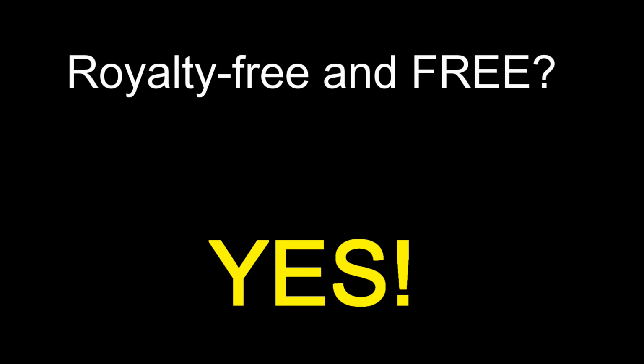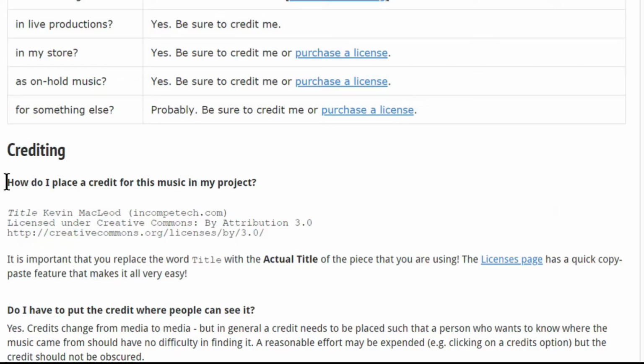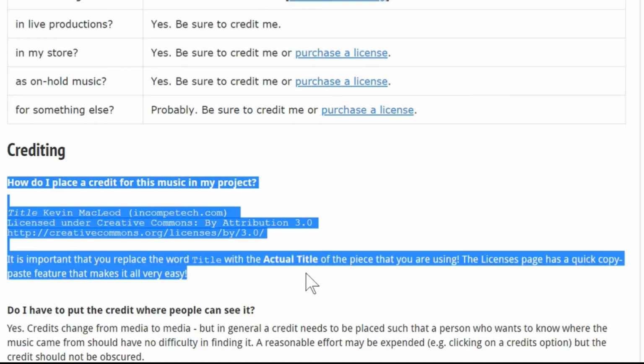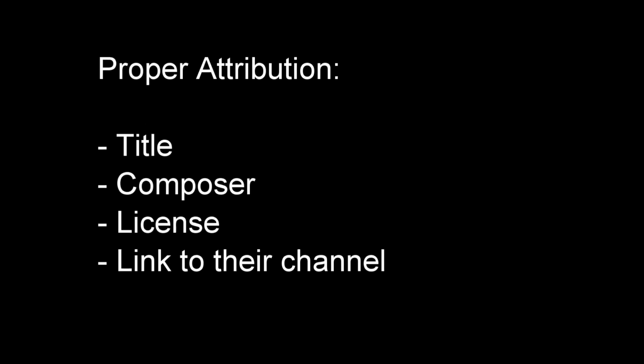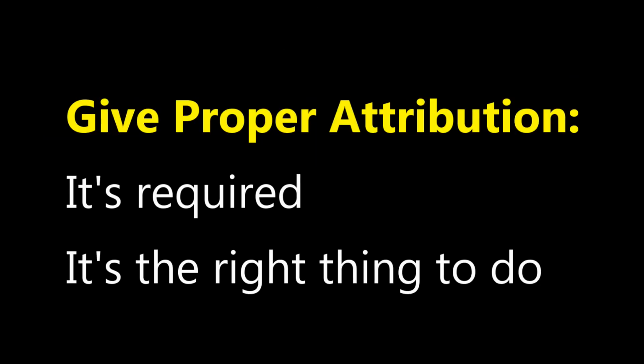Now, why would an artist give away their music like this? The most common reason is that they ask you to give them credit for their music in the description of your video. So, if you use someone's music, you are required to use their name and the name of their song in your video description. This is referred to as giving them attribution. They will normally want you to provide a link back to their website, channel, Facebook account, or some other online presence as well. For this reason, if an artist says you need to provide a link back to them in your video description, be sure you do it. You're giving them the credit they deserve and meeting the licensing terms they specified for their music. And isn't it really the right thing to do?